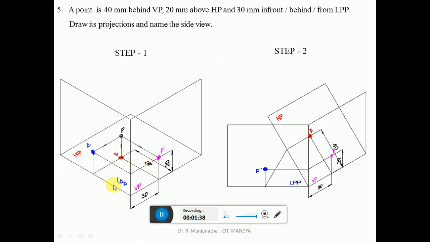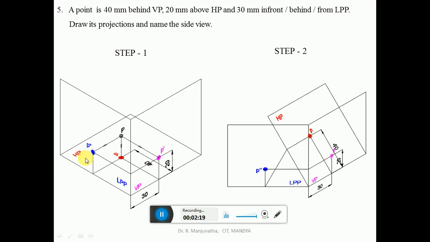To view the object on the vertical plane, we have to look from the front view, because the front view direction will be perpendicular to the vertical plane. To view the object on the horizontal plane, we have to look from the top view, because the top view is perpendicular to HP. To view the image on the left profile plane, either we can look from the left side view or from the right side view. The image will fall on the LPP, because both directions are perpendicular to LPP, but we have to consider only one particular view as the right one.